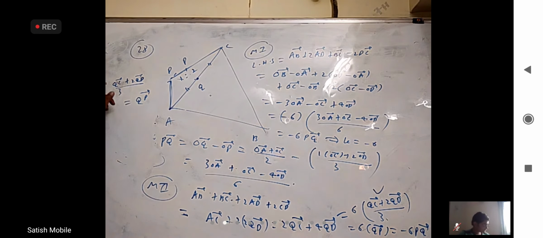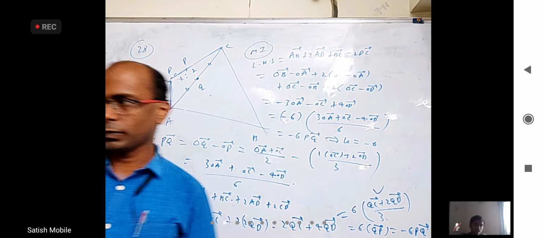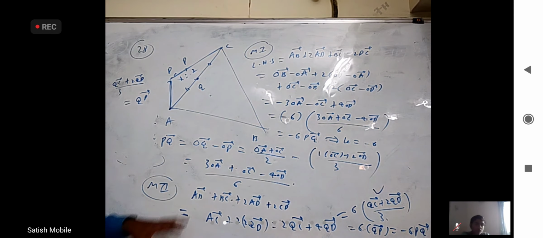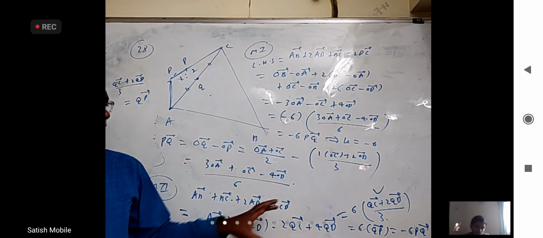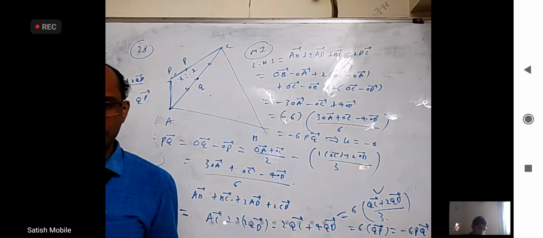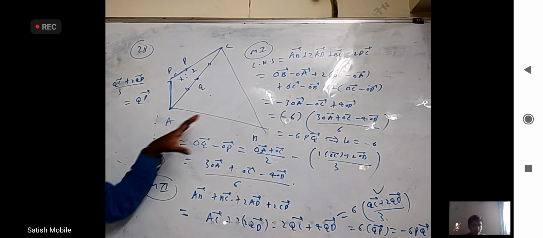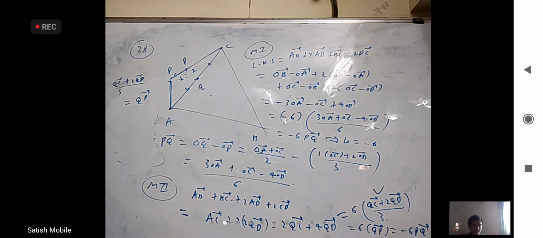In the place of Q, if you put O, you'll be able to relate to it much better. Then replace with Q, and then take a minus common for the reverse of these two. So you can do it like this, but you should have some idea that our answer is PQ, so we are adjusting towards that. This is a more general method. If somebody is not fully clear about method 2, it's okay. Method 1 is better. But if anybody has any doubt in method 1 or even method 2, you can ask me. No problem.